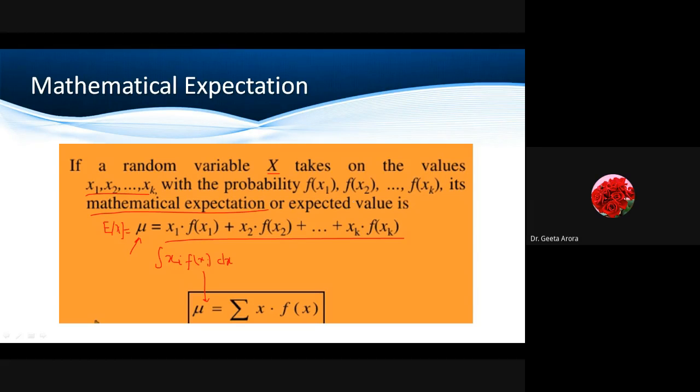Expectation in the English language, if we talk about it, what is the expected value? Suppose you are giving an exam and I am asking, what is your expectation from this examination, or what is your expectation from this course? You will let me know that you are expecting to increase or enhance your knowledge, and things like this. And if you have given the exam, I will ask you, what are your expected marks? Meaning, how much do you think you will get?